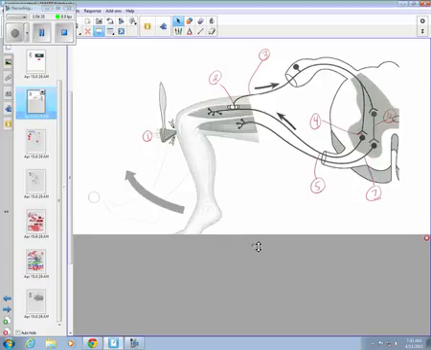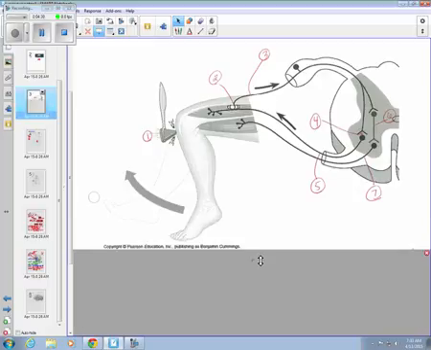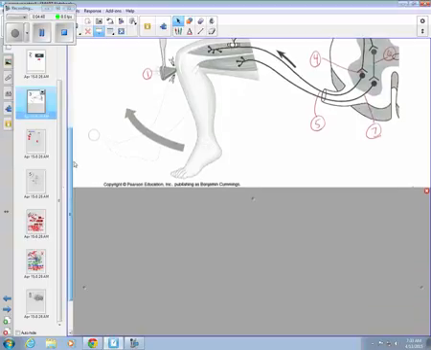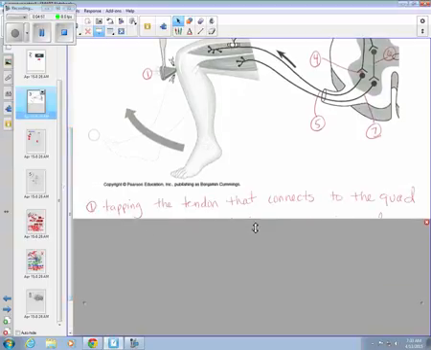A reflex arc consists of, I have 7 steps here, and I want you to take a minute and number all of these things on your diagram, and then on the bottom part of the page, I have all those numbers explained. All right, so the first thing that happens,